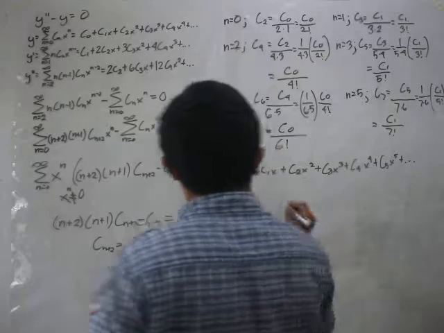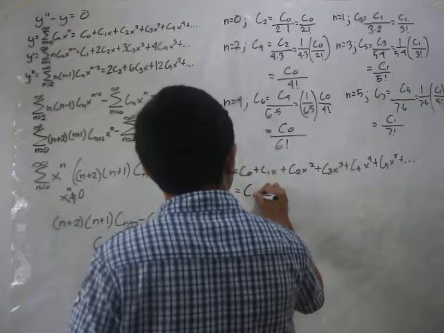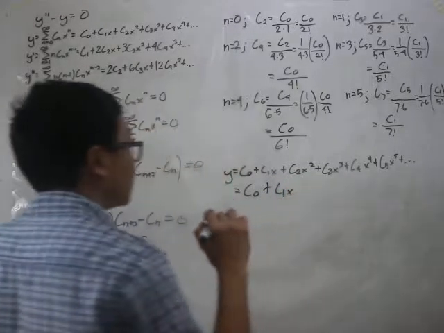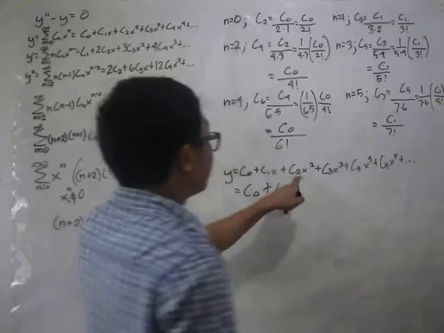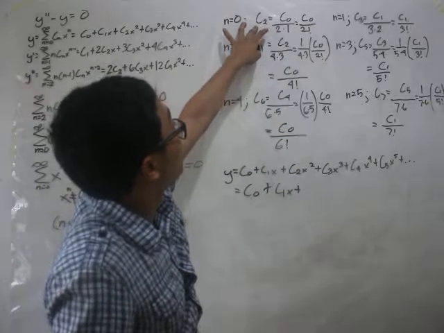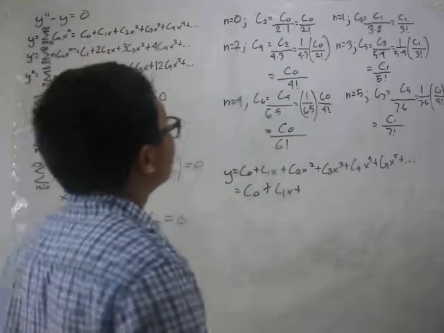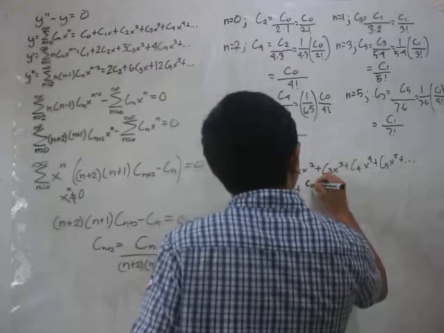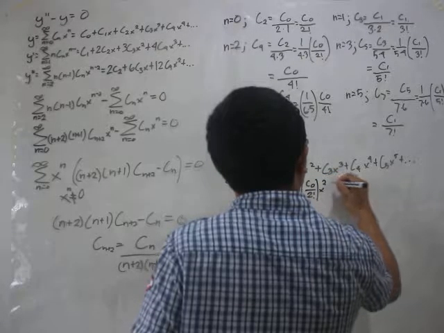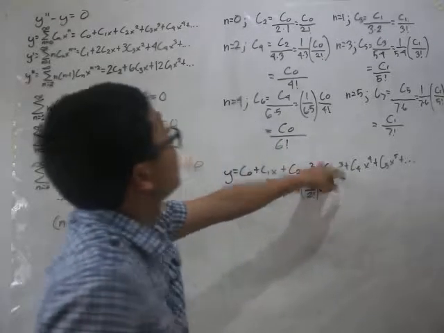So let's just substitute. Group c0, c1 x, we have c2 here, so we need to substitute our c2. Our c2 is c0 over 2 factorial times x squared